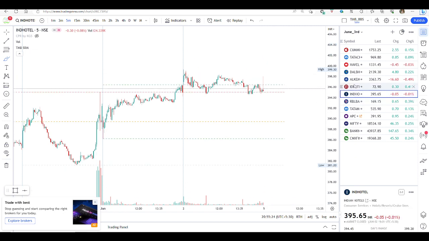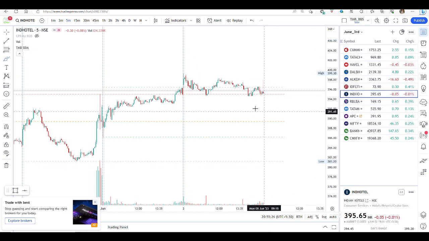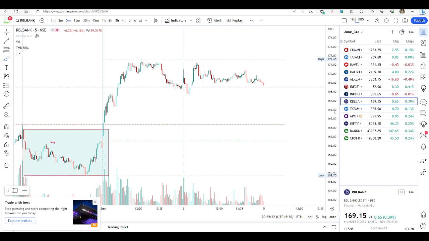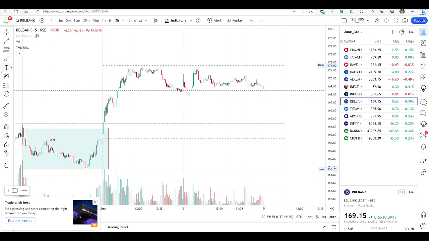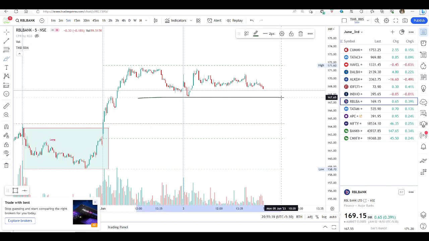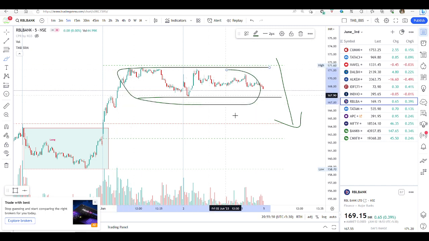because retail participation is more in this stock. Whenever it comes down, they will kick it up, and the probability of hitting the stop loss will be more. RBL Bank has already reached an extreme level. In the last couple of days it went extremely high. So if it opens here, I will try for the reversal trade with the target of this. This is the reversal trade I am planning, RBL Bank.